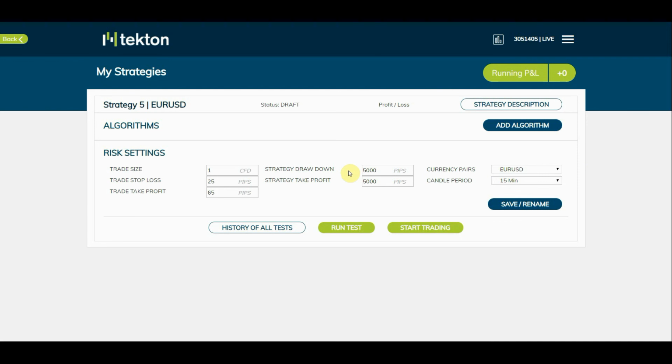Now, what this allows you to do is to put Tekton into a situation where it will stop trading for you if you reach certain targets or parameters. And this is a unique feature for you, the trader, to prevent you from losing excessively or prevent you from winning money and winning trades but then losing more on further trades. It will stop your system at a time when you have asked it to. So for example, if you are in a position where you want to no longer be in a position where you go below, say,